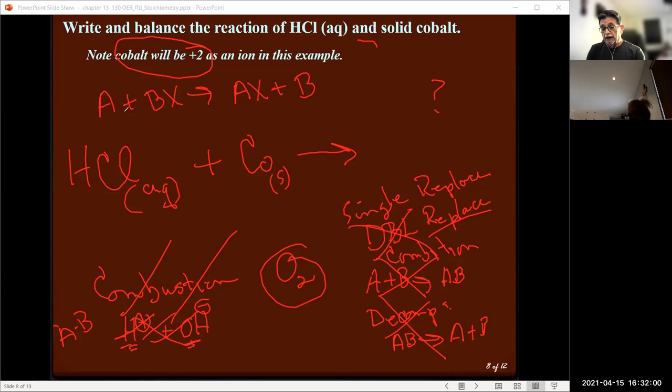Now, here we have a metal in ionic form, which is cobalt. But B, you might be confusing because B is a metal, but we don't have a metal here. We have hydrochloric acid. But it's got to be a single replacement reaction because it doesn't fit the properties of the other reactions. And then you remembered, when I go to the activity series